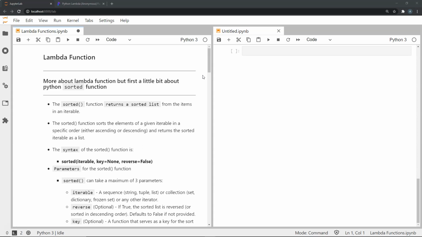Also, the lambda function can take any number of arguments, but it can only accept one expression as a part of it. So think of a lambda function like a sort of temporary function object that you create whenever you want to perform a particular task, but you don't want to give it a name, or you don't want to define a full-blown function and give it a name like that.